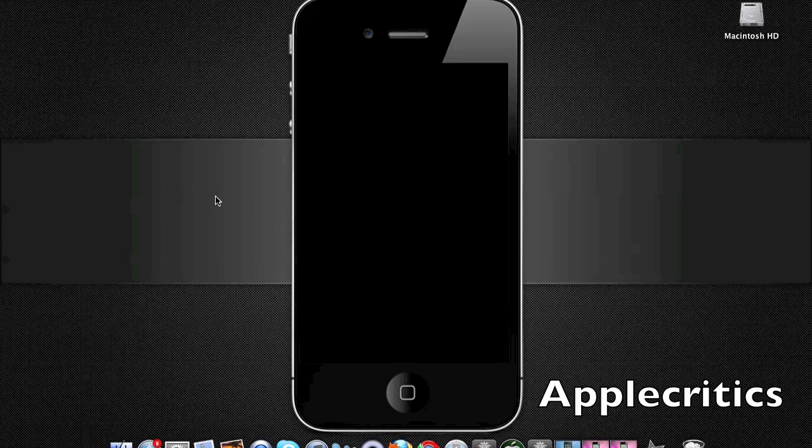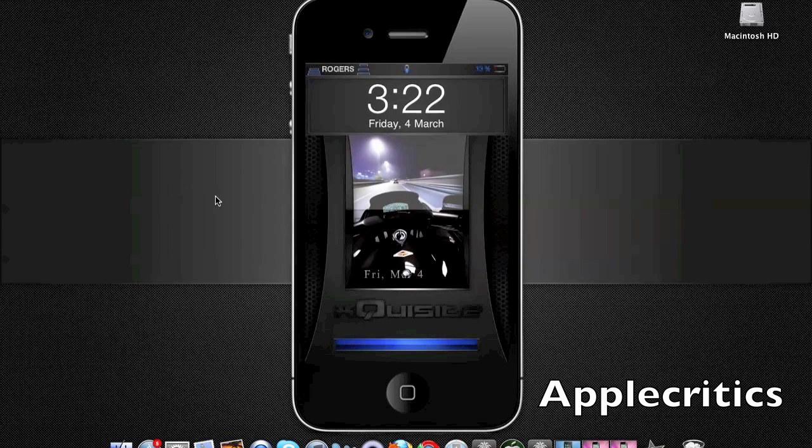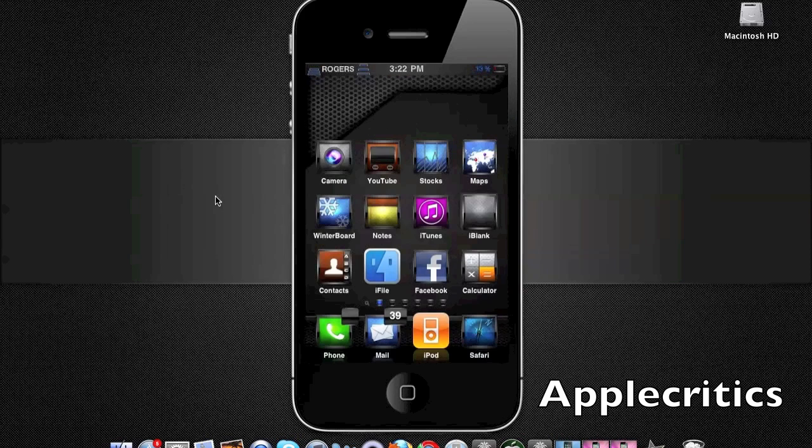At number 2 is a theme called Exquisite HD. This is by far one of the most complete, full-featured themes that you can have on your device. Now when you go to the lock screen, you can see that there's a custom picture for the lock screen, which says the day of the week, the date, and the month at the bottom of the picture. Also, there is a custom slider at the bottom right there,